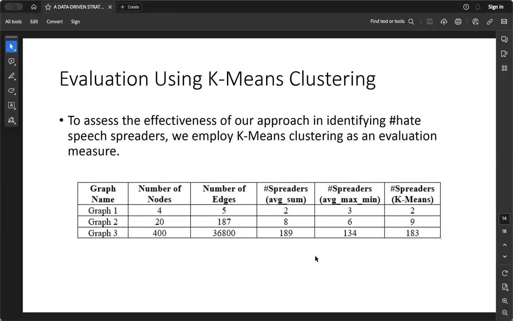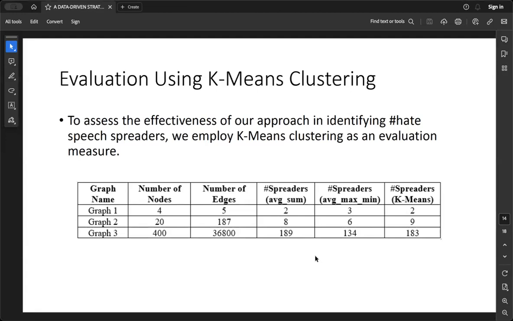similar results. As you can see here, K-means algorithm said for graph 1 there were 2 spreaders, for graph 2 there were 9, and for graph 3 there were 183. So this helped us understand that our proposed approach was actually effective because the K-means algorithm, which is an unsupervised machine learning algorithm, helped us to evaluate our strategies and gave very similar results that our proposed strategies also tend